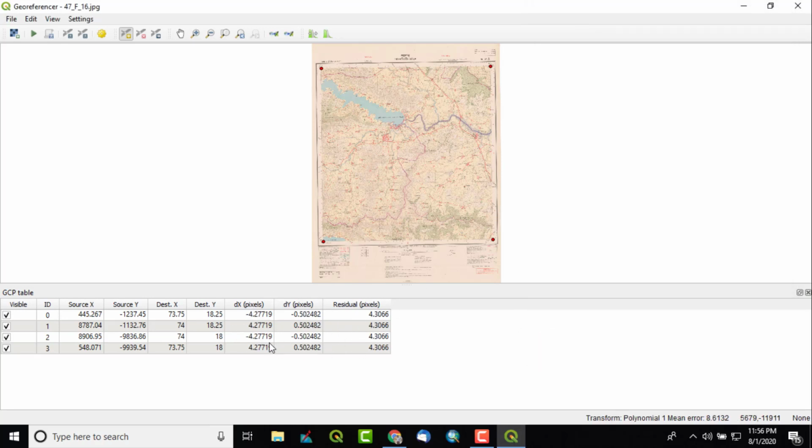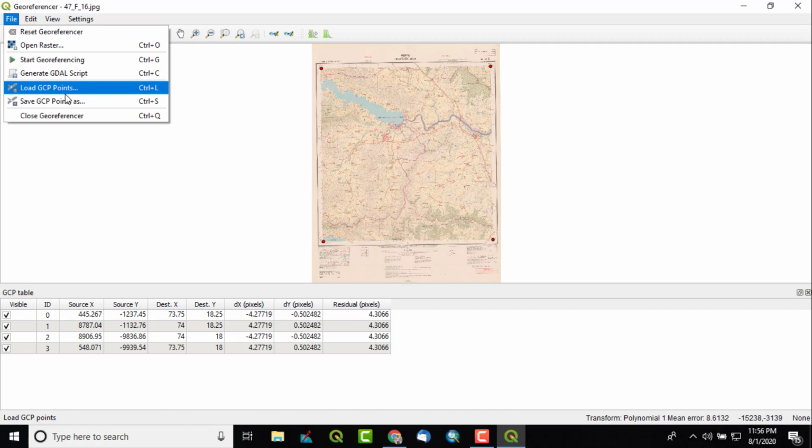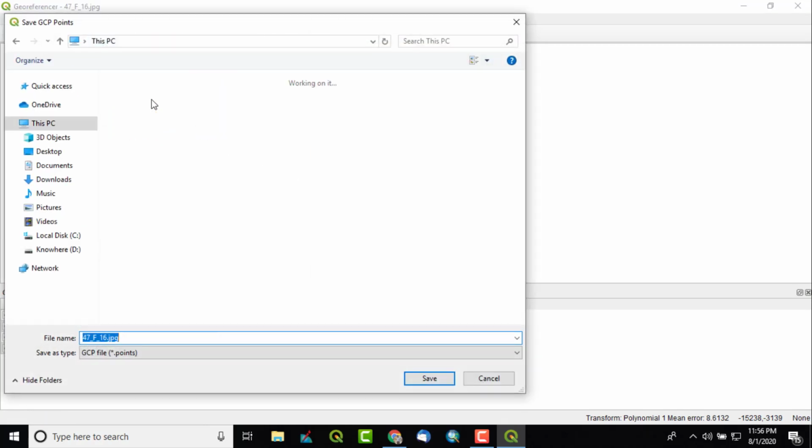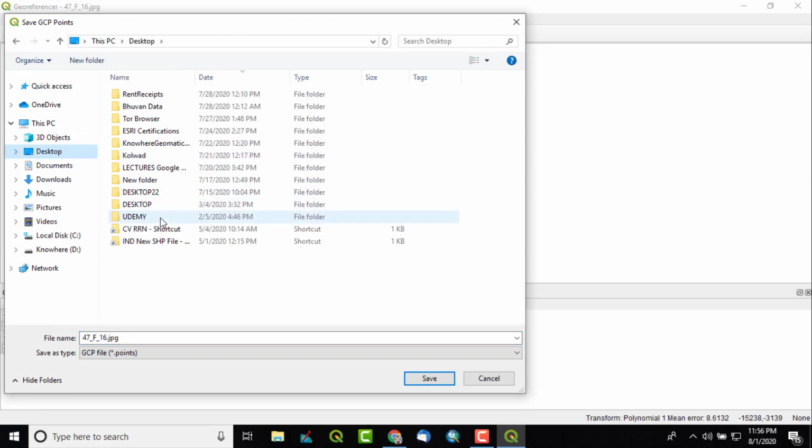See, the dx pixel, dy pixel: x means longitude, showing how much error there is in longitude particularly. The error in y means the error in latitude, and the average of these two errors is given in the residual pixels. So this is okay. We can save this table from File, Save GCP Points As, and I'll go to my folder to save it.